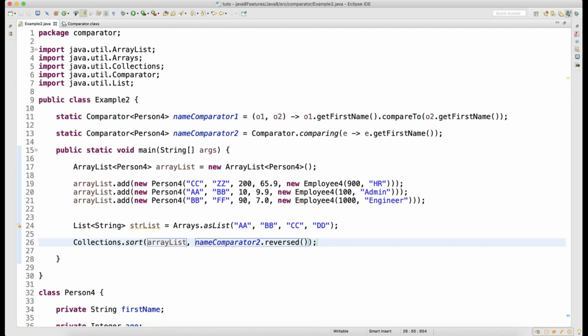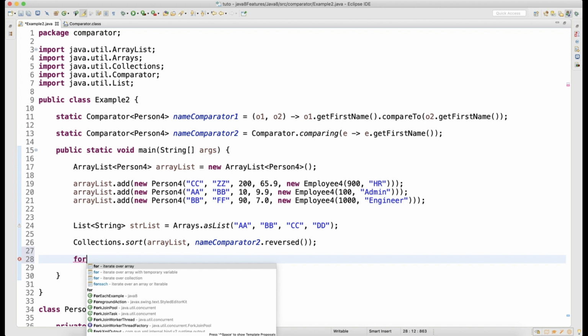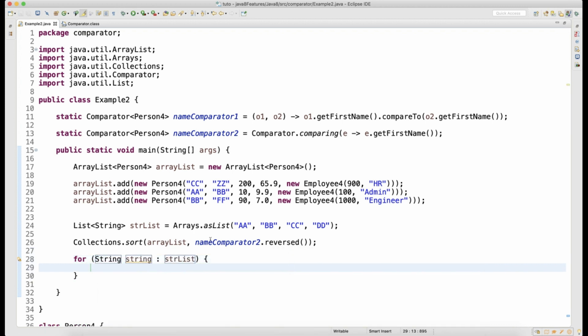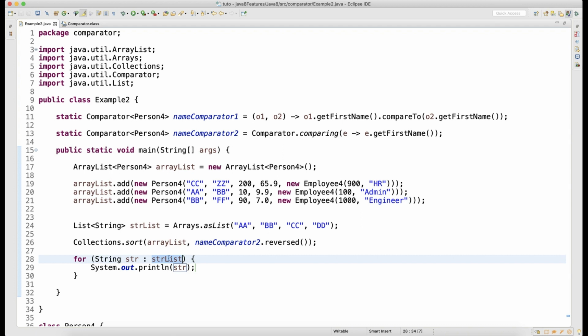If I run a for-each loop here, and print str, sorry, I was running the for-each loop on the str list, but I need to run it on the ArrayList.